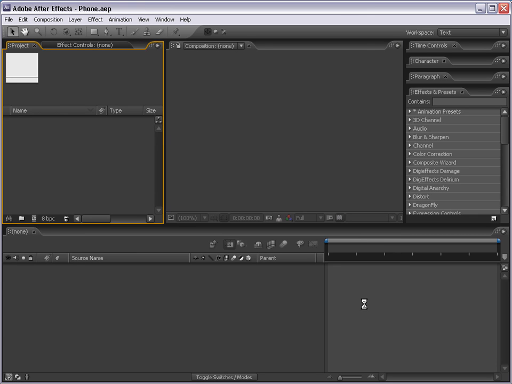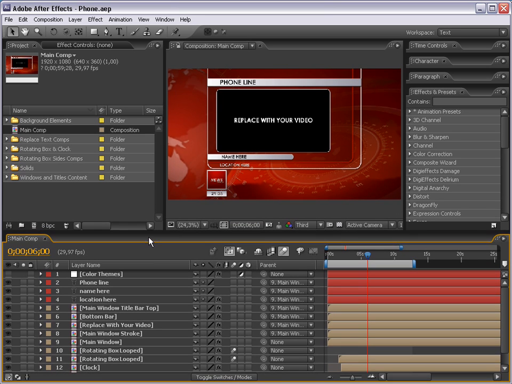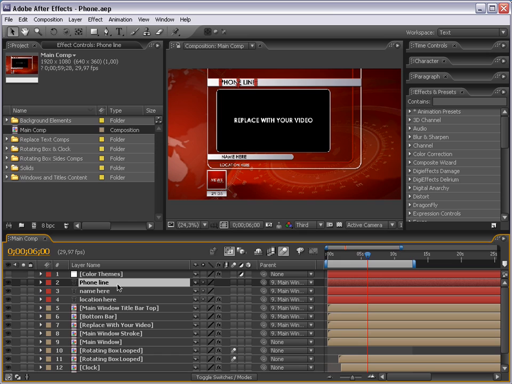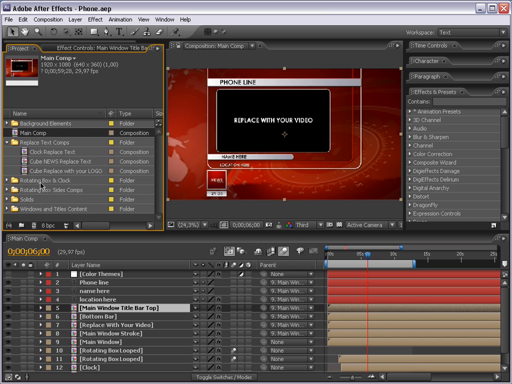Let's open this one and see what we have here. We have several titles. We have a phone line title, we have a name and location, which are all animated, so you just need to double click on the layer and type the text you want. We have the replace text comps. Let's open this, and again, Quark replace text, you know how to do that already. Cube news replace text and cube replace with your logo, again, you know how to do that,